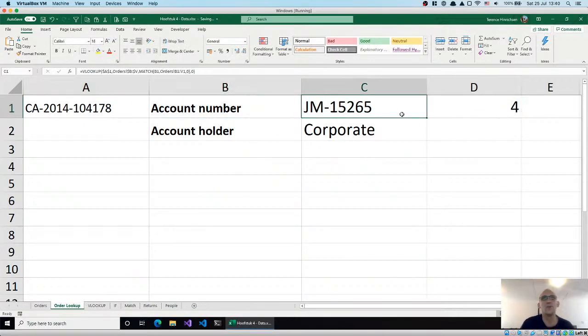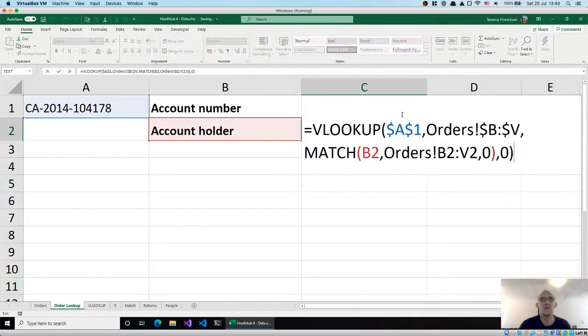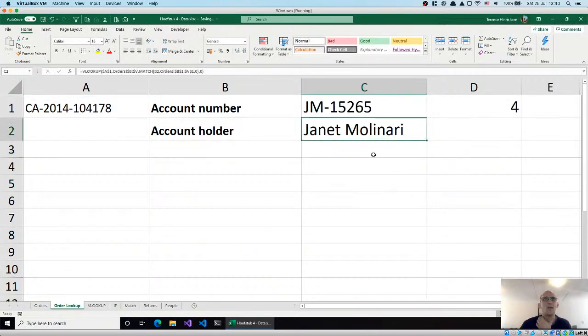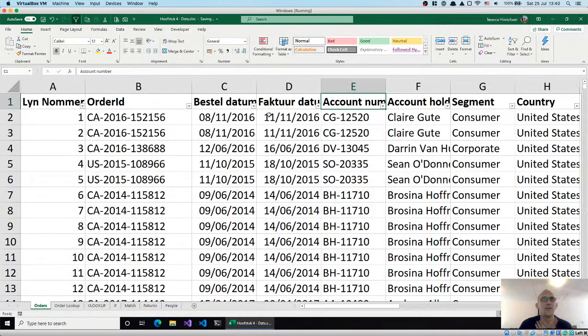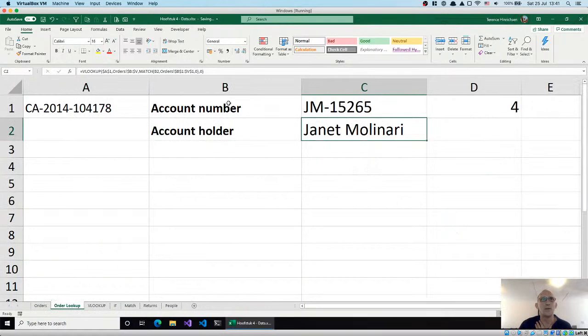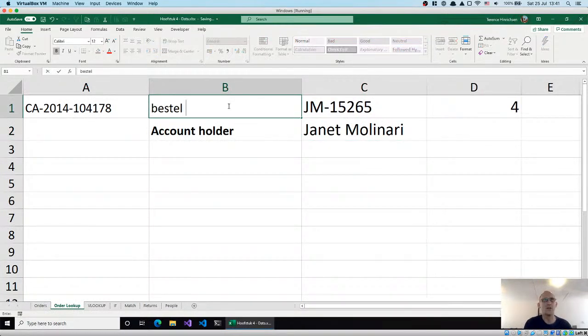So if I want to, just copy that down. Let's see what went wrong there. It is still referring to account holder, but that's referring to B2. It mustn't be B2. It must be B1. It must always be the row with the F4s to lock it in. So now any column you want. If I want the Bestel datum, then I go to my order lookup. I change this to Bestel